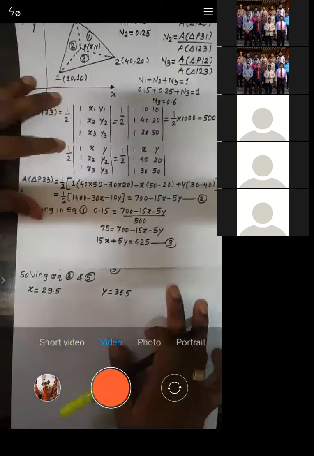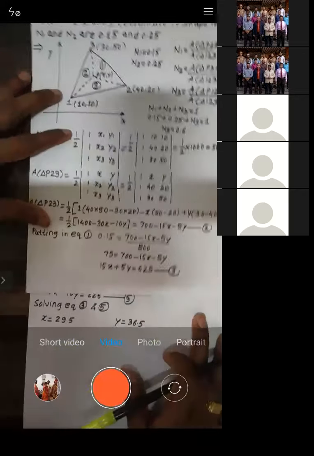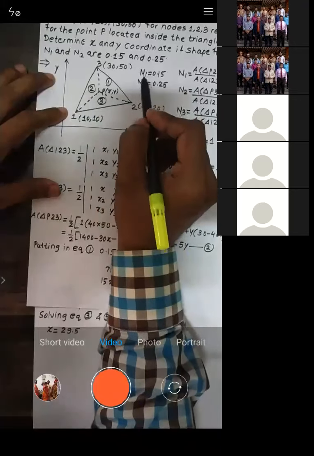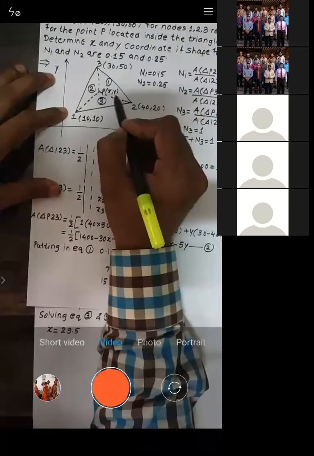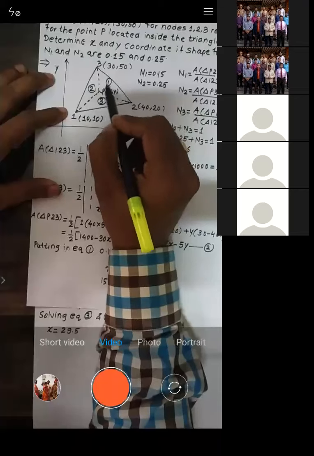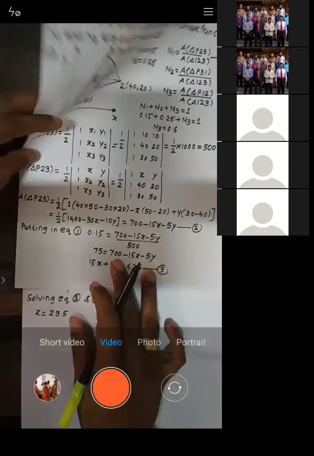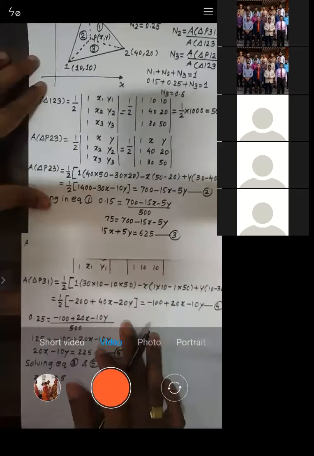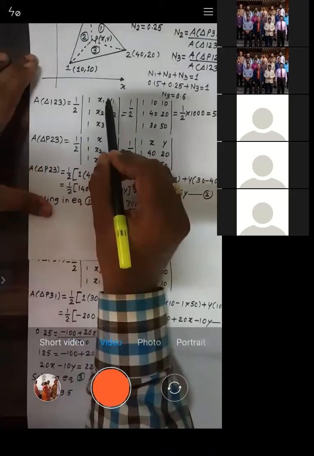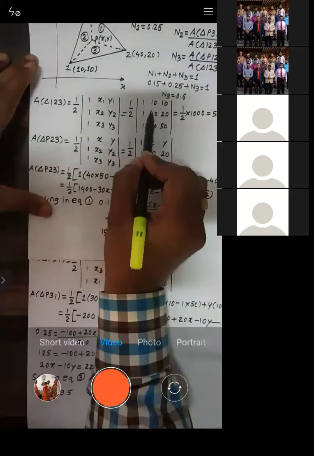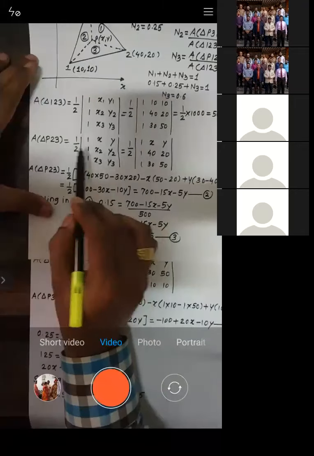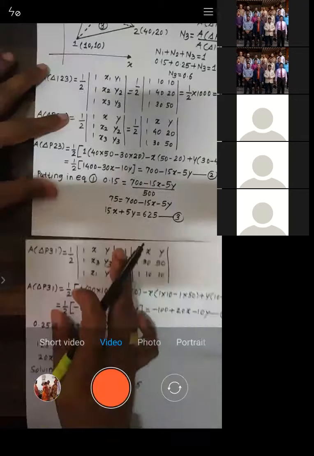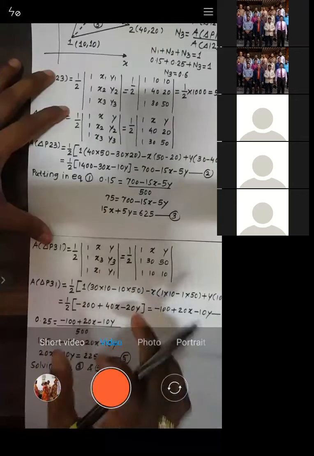Okay. So this is how you have solved a problem, right? Initially, they have given the coordinates of every node. They have given the shape functions N1 and N2, and they're asking to calculate the x and y coordinate of point P. So we need to solve this problem manually. Only this area we are able to calculate by using the calculator because all the coordinates are known. But for the rest of the areas, we need to solve it manually for getting the determinant of that particular matrix. Is it okay to each of you?